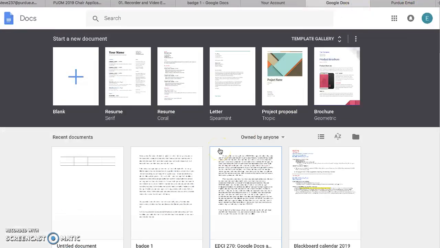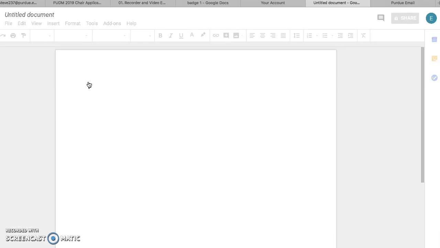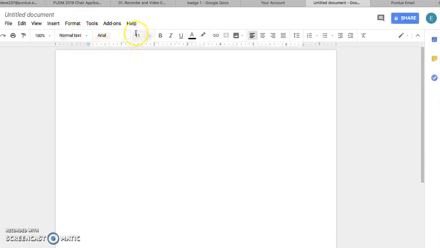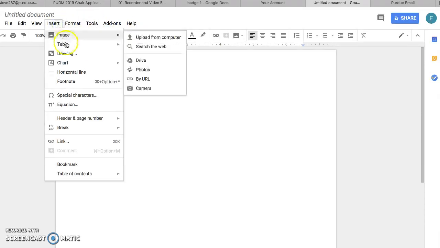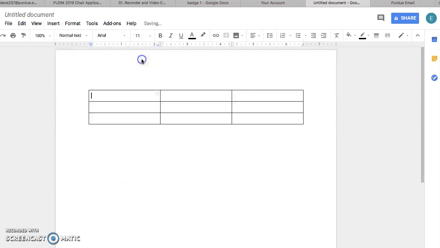Okay, so for my badge 1, I decided to do it on Google Docs. And so first, I'm going to go to Insert, Table, and for mine, I'm going to make a table showing, since I'm doing nutrition, maybe I would show 2 different classrooms and how much activity they get per day. So what I'm going to do is, I'm going to do a 3x3, and I'm going to title it